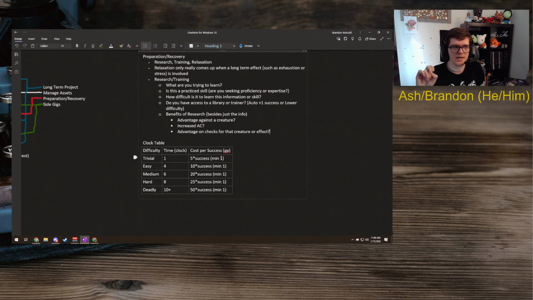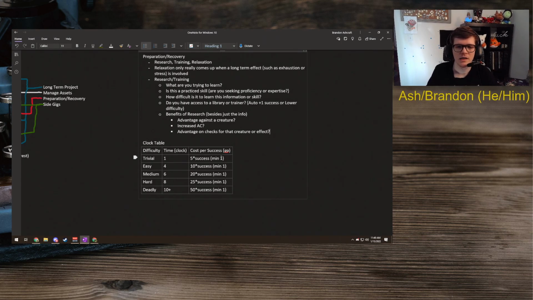Because I think the max you can make is 4 with a complication. So let's say you do that twice, you max out both times, then that's going to cost you 200 gold pieces to learn all of this information, and then maybe you get advantage on the roll against Crexian's Soul Overture. I had to remember the name of my own effects, which is basically the soul-sucking ability that can half your HP. So maybe you get advantage on that.